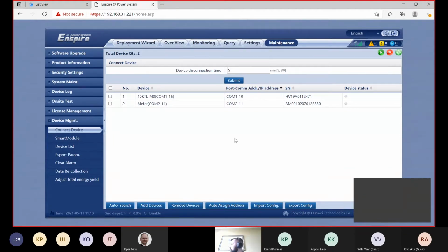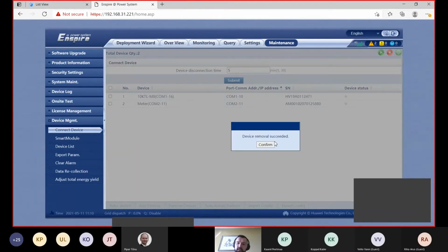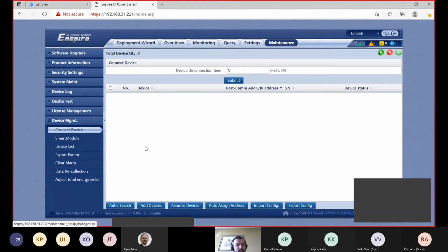So now I did the connection of smart logger with smart meter and with inverter. So let's add all these devices and then connect it back.